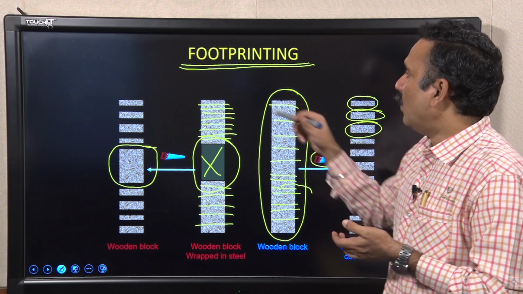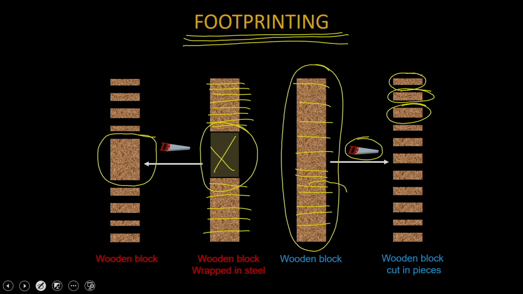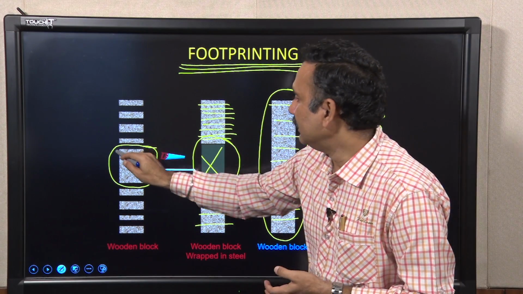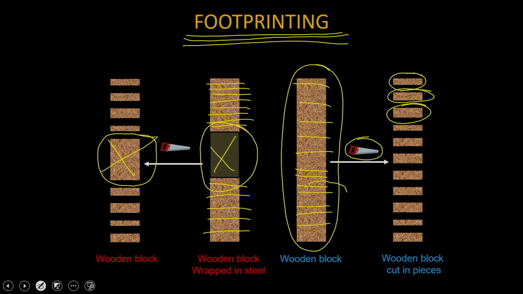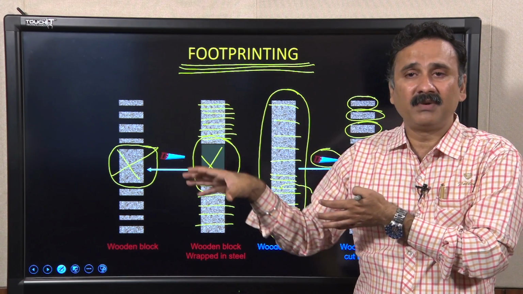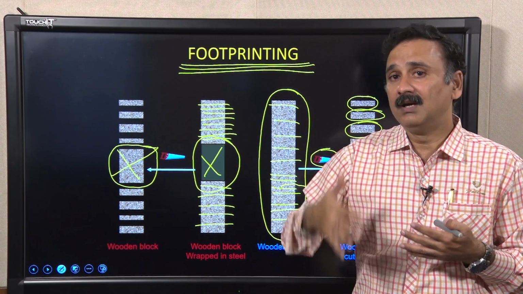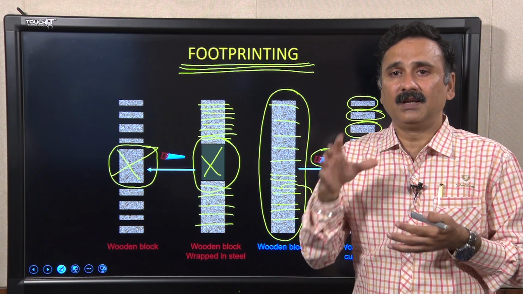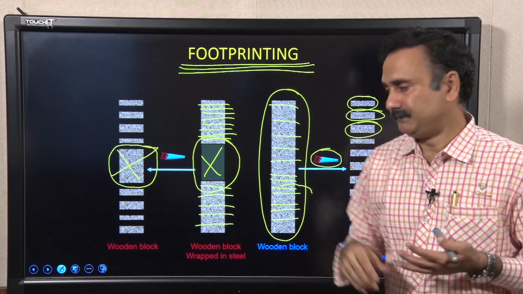If I ask you where the footprint of the steel block which you have added is, you can easily say that this is the place where I have added the steel block, because this is the wooden piece which has not been cut by the cutter. That is the basic philosophy of footprinting. In the same way, you can cut the DNA, and if you protect some region, that region is not going to be cut by your cutters, and that is the indication that it is the region where the protein is interacting.